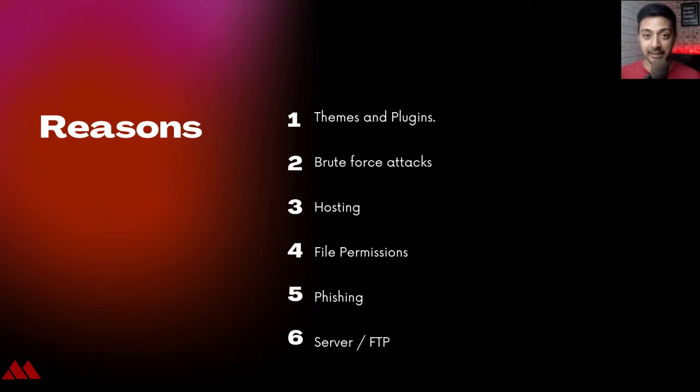Reason number 3 is your hosting provider. Now again, like themes and plugins, if you go and use any cheap hosting company, then you are inviting spam bots and these hackers on your WordPress website. They are not going to spend their time and money in securing that server. Their prime focus is to get more and more customers. So that's why if your WordPress website is the base of your online business, then make sure you invest in